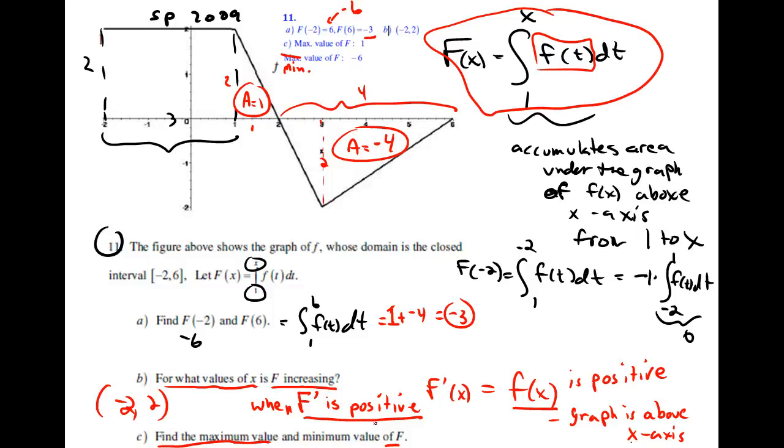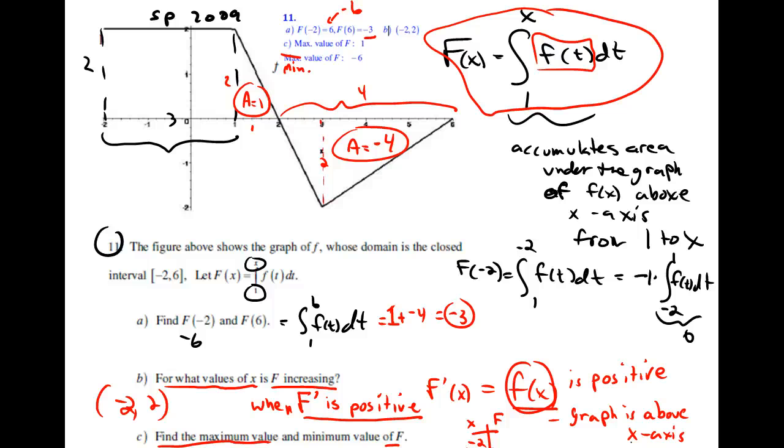Okay, so it could happen at -2. It could happen at 6. It could happen at any critical number in between. A critical number in between would be a place where the derivative of F is 0, which is where the function f of x is 0. And that only occurs at x equals 2. These are your options for absolute max and min